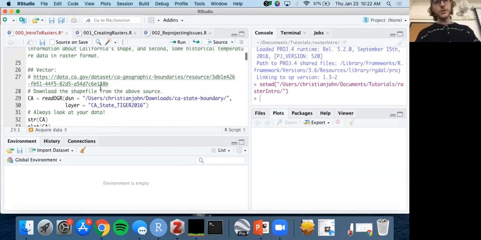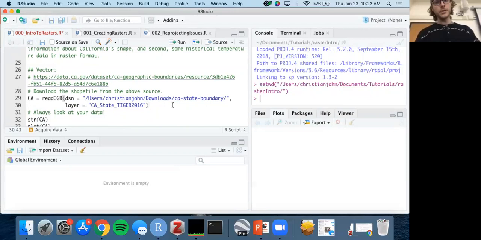At this point, you should have downloaded the vector data set from line 27. It probably lives in your downloads folder unless you put it somewhere else. We can use this line of code on line 29, readOGR, that comes from the rgdal library. It basically allows you to load a vector data set from a file. The way it works is there are two arguments. The first one is the DSN, which is the directory that data set lives in. For me, it was in my downloads folder, and then under a subdirectory called ca-state-boundary. And then for the layer, you're just including the layer name. You don't want an extension, so it should just be